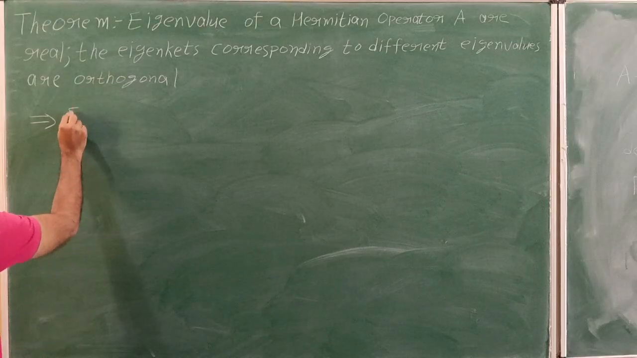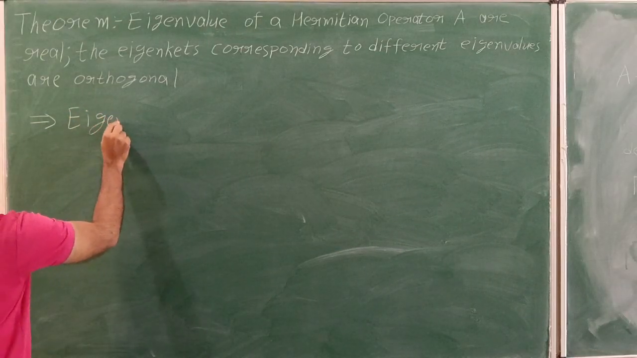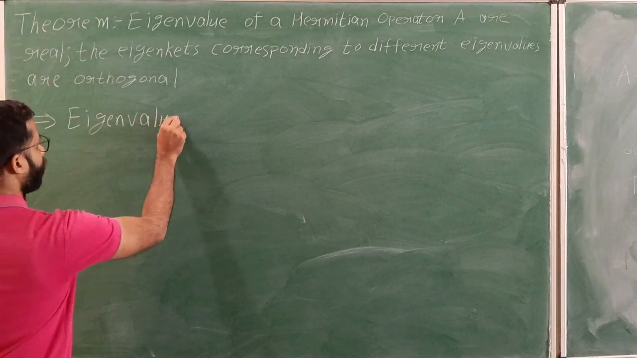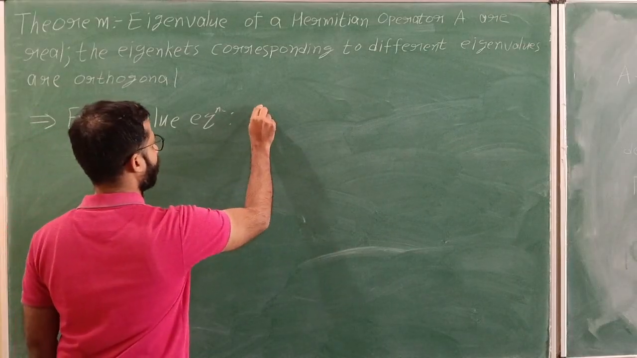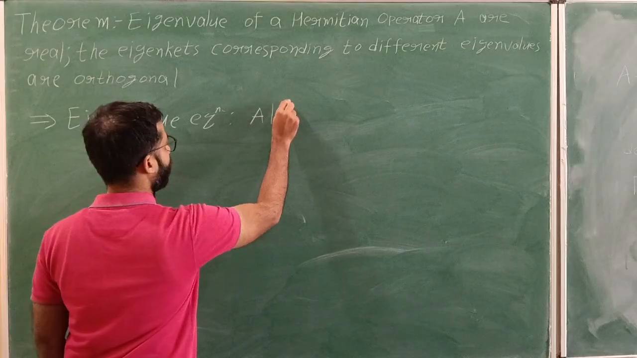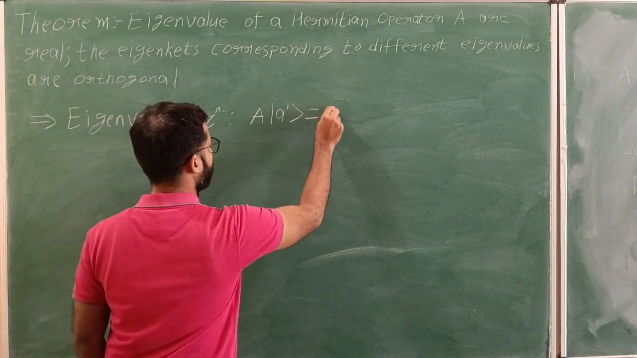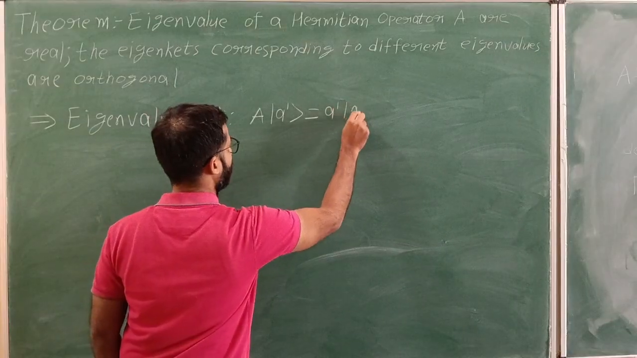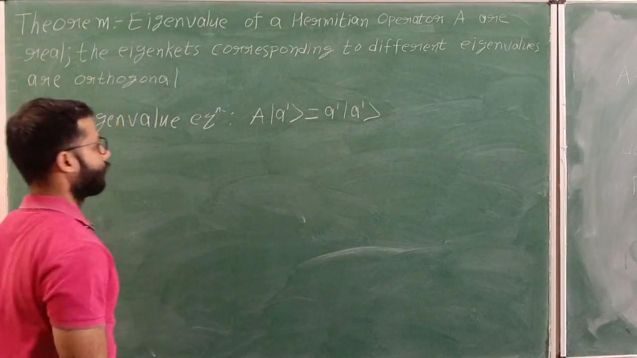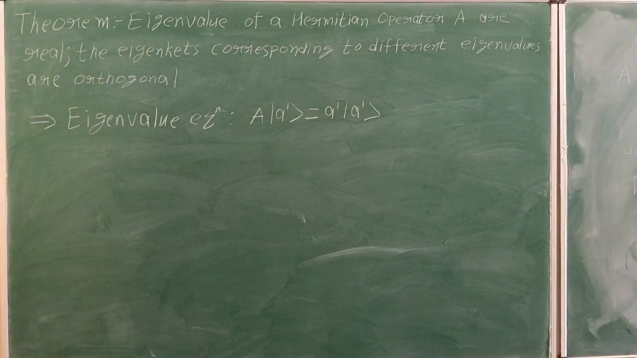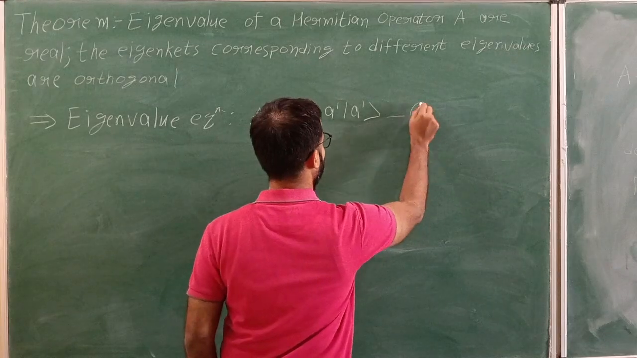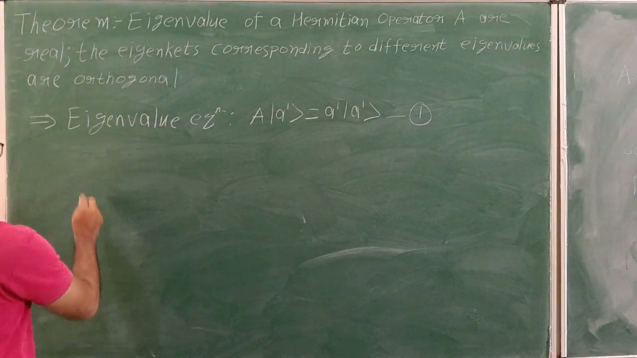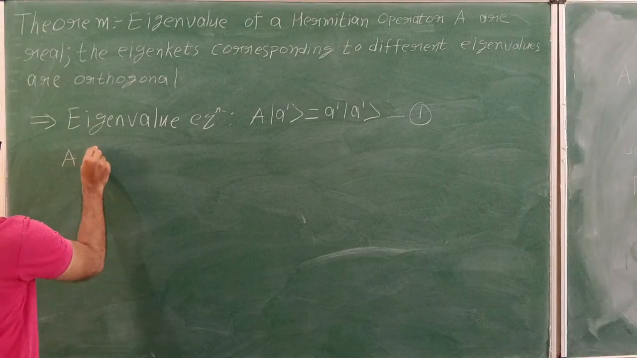So as we know from the eigenvalue equation, let's say some operator A operating on a vector, giving me the same vector with this. Let's say this is my equation 1. Since A is Hermitian,